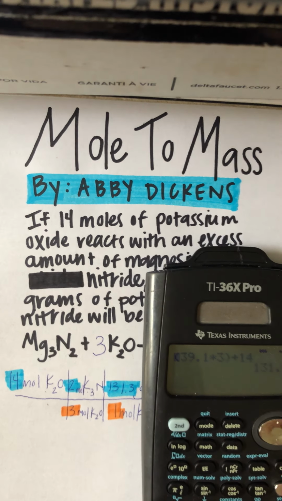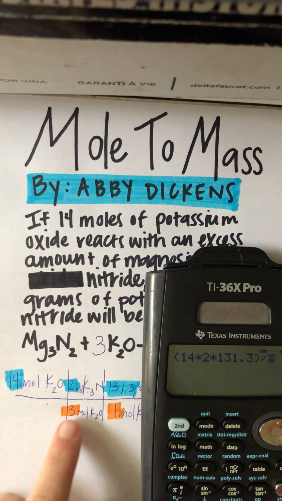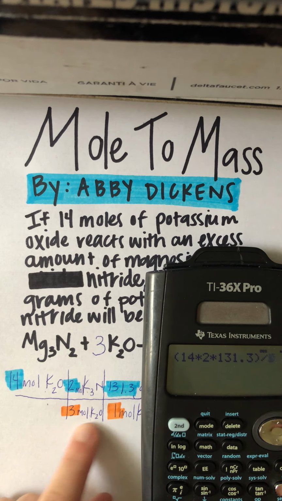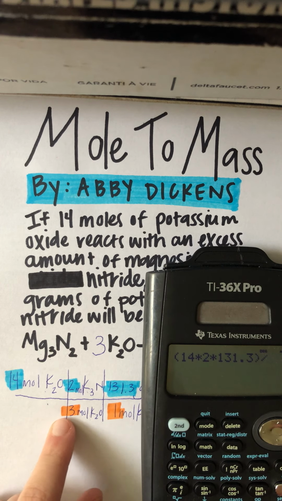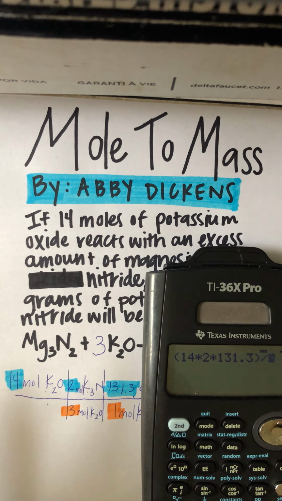So we're going to do 14 times 2 times 131.3, close parentheses, divided by, and since we are really only dividing by one number, just the 3, since the 1 will give us the same answer either way, we're going to do divided by 3, and we will get